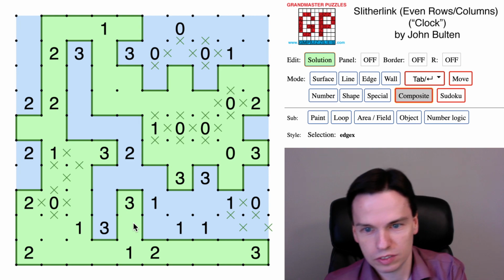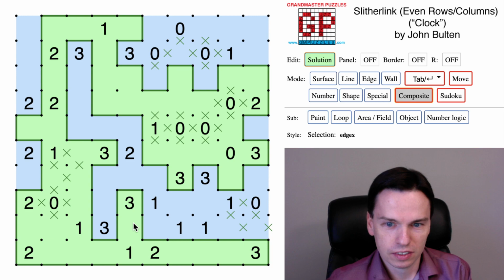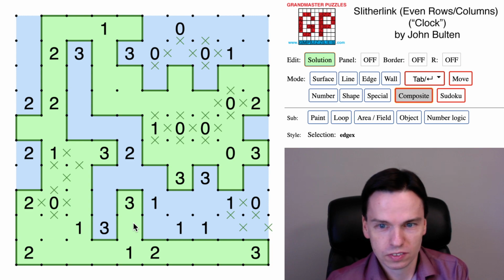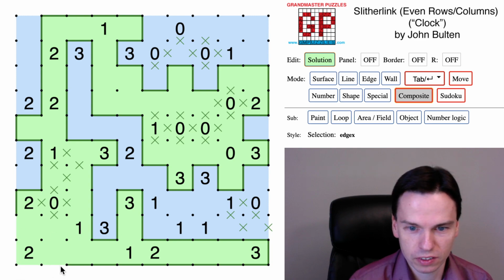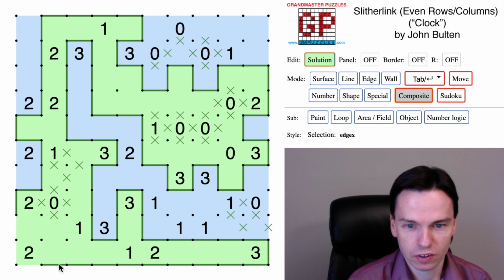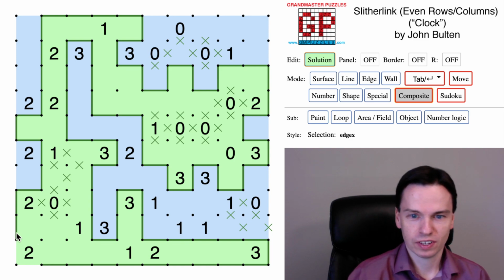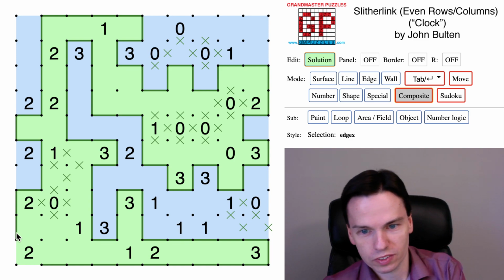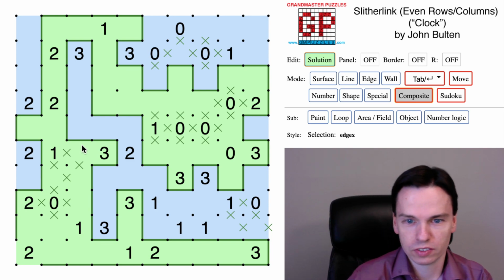So hopefully a pretty efficient solve of this Slitherlink even rows and columns puzzle. It did involve really just careful accounting for rows and columns, some understanding of patterns like this pattern in the corner, that while it has 2 options, or seems to, the pattern always includes some of these end bits. And in doing that, you'll start to get a sense of what's inside and outside the loop and can use those things. We also had a similar case where here we knew for sure an edge, which gave us a